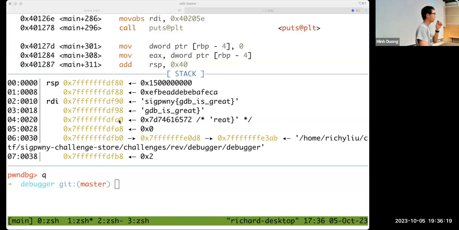And then next we have the pwndbg cheat sheet, which covers some instructions that are maybe more useful for pwn. But they should also be helpful for doing the rev challenges.